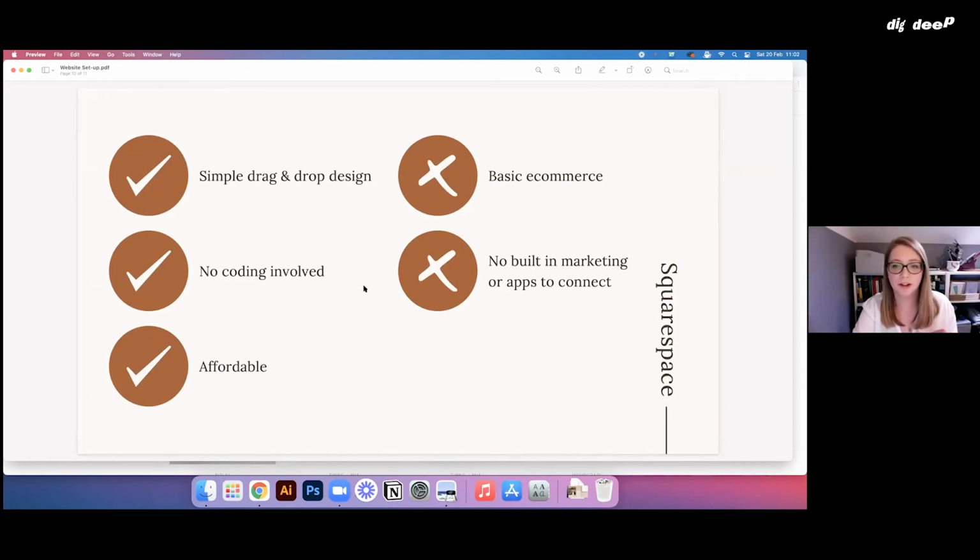There's no coding involved. You can just jump straight into it, and it's really, really affordable. I think, like Karishma had up on her screen, it was like £10 a month or something. So really, really affordable if you want to just get a basic website up there and edit it yourself as well. The downside for me was that eCommerce just didn't offer enough